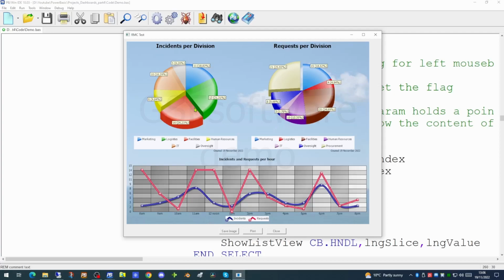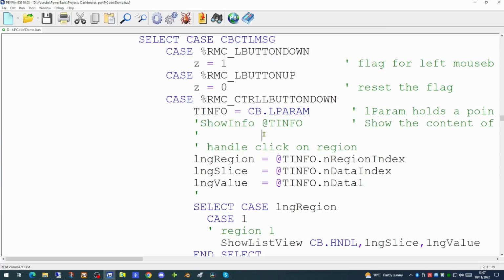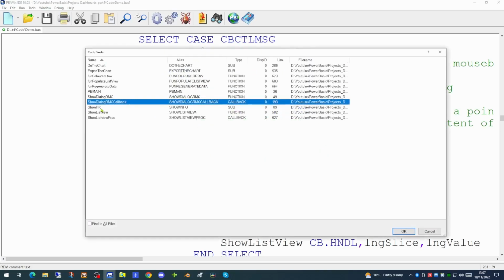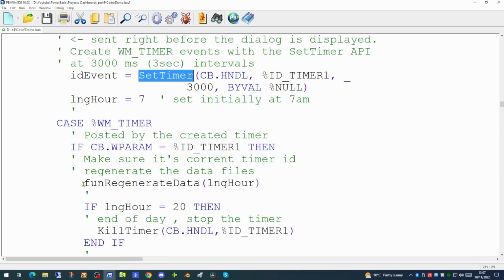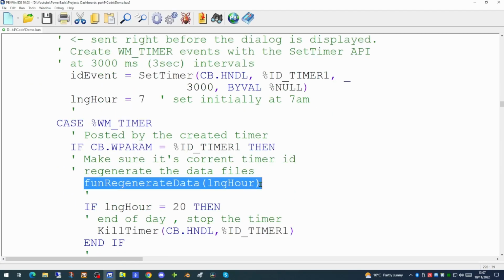As we'd set the chart at the bottom of the screen to change every 3 seconds to emulate different points during the day, can we also do that for the pie charts? This can be quite easily done by adding to the 3-second timer. If we have a look at the callback function for the main dialog where the timer code exists, there is our timer being set up, and there is our timer being triggered to regenerate the data. So if we have a look at that regenerate data function,